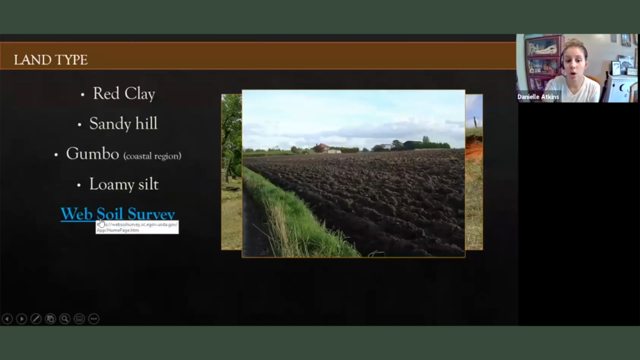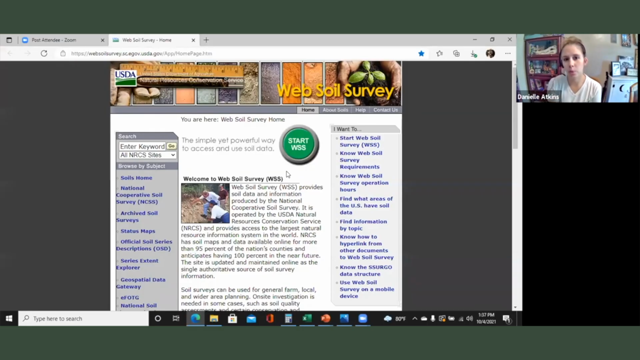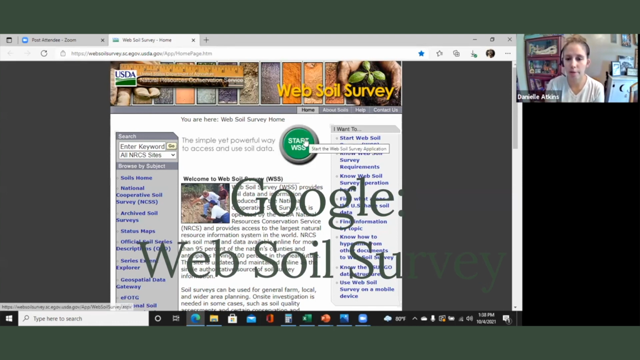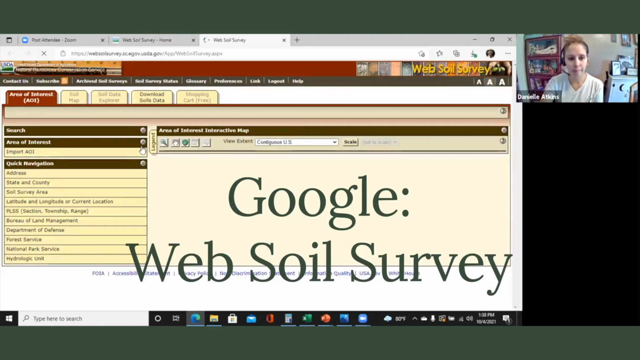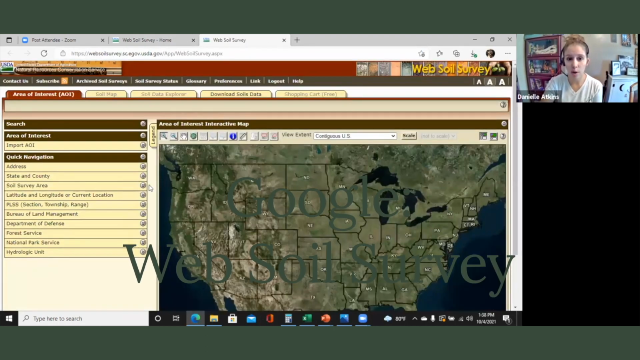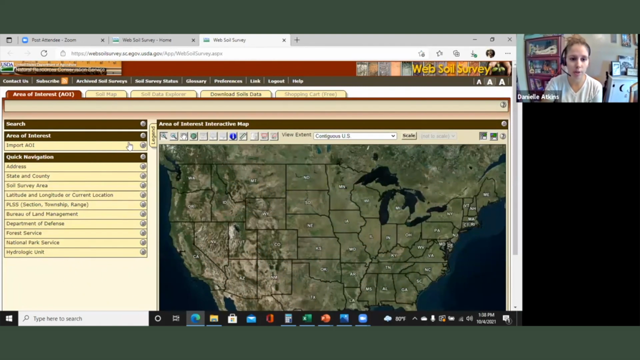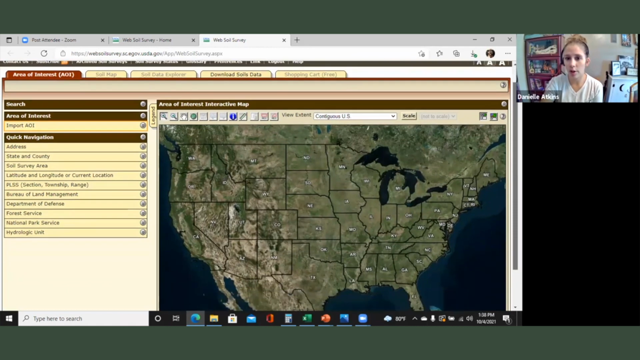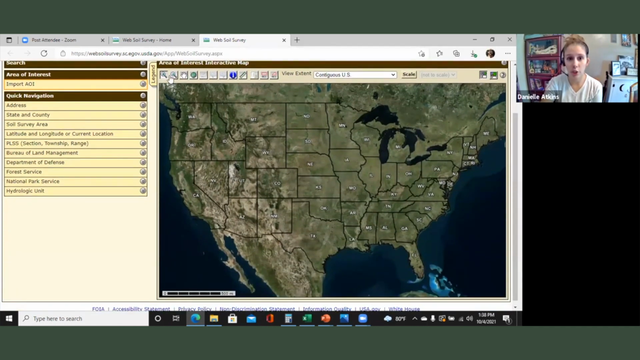NRCS has a site called Web Soil Survey, and I'm going to show you an example. So this is the Web Soil Survey site. It's NRCS, the Natural Resources Conservation Service. You can simply Google Web Soil Survey, and this site should come up for you. You click on the start button, and depending on how savvy you are with computers, you can literally import your shapefiles. But for those maybe that are a little less savvy on shapefiles themselves, you can see the toolbar up here,